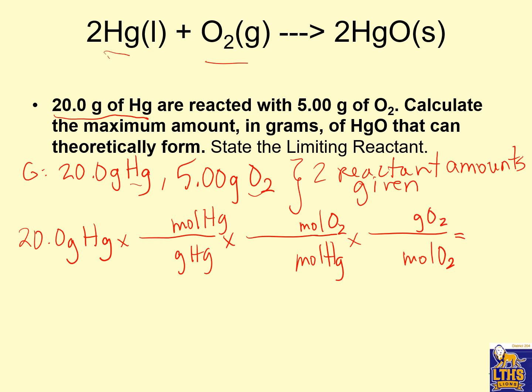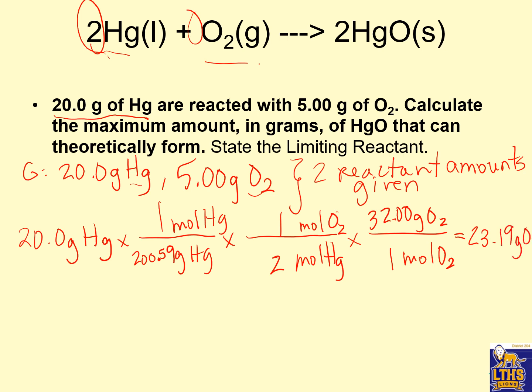Anytime it's moles and grams of the same chemical, one goes with moles, and I go to the periodic table to get the grams. Anytime it's moles of one kind and moles of another, I use the coefficient. So in front of the oxygen is a 1, in front of the mercury is a 2. If I do this math,